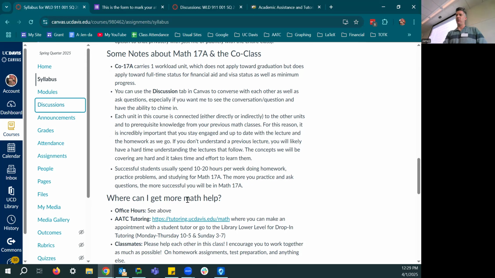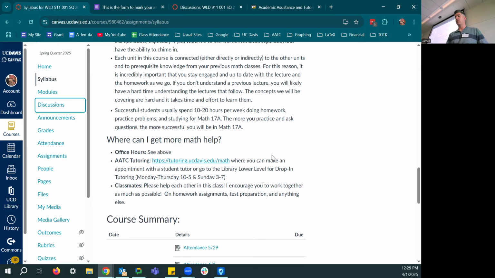My office hours, which we already looked at. And then there's tutoring by the AATC staff and students. So we have student tutors that work in the lower level of the library where math drop-in and all the drop-in is for chemistry, physics, biology, stats, econ. I feel like there's something else down there too, but those are the ones I can think of at the moment. So there's lots of tutoring down there. So for all your class needs, if you're looking for some tutoring, that's a great place to go.